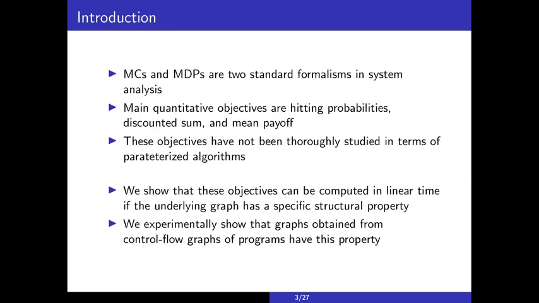Markov chains or MCs and Markov decision processes or MDPs are two standard formalisms in system analysis and verification tasks. Markov chains are used to capture randomness and Markov decision processes are used to capture randomness as well as non-determinism in systems. The main quantitative objectives for these formalisms are hitting probabilities, discounted sums of rewards, and mean payoff. These objectives have not yet been thoroughly studied in terms of parameterized algorithms and parameterized complexity,